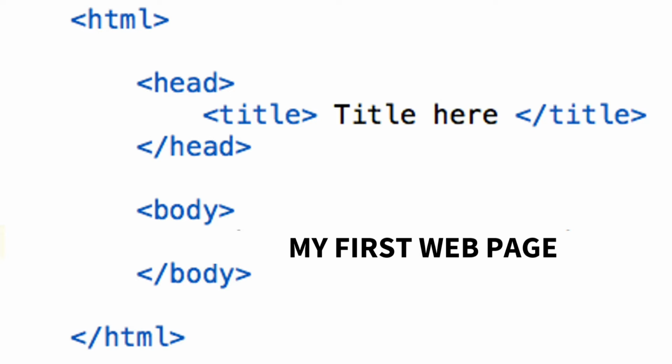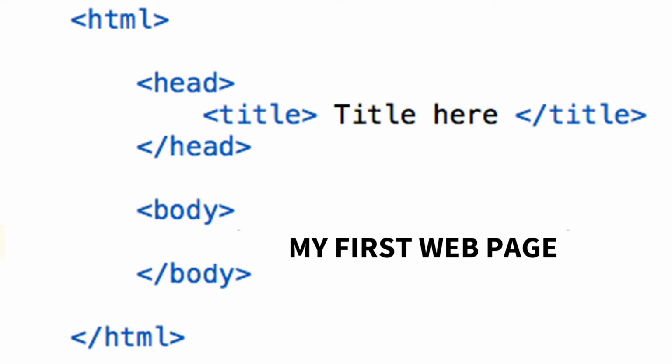As you can see on the screen, this is the basic structure of HTML, which starts with the HTML tag. After that, the head follows. Under the head, the title is there, and after the head is closed, the body is there. Under the body, it has been mentioned "my first web page".